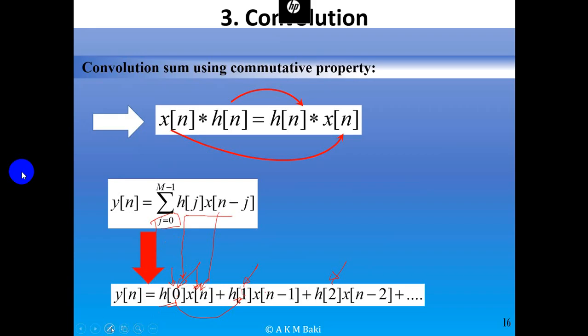Now, if you are given some values, you can plot it. For example, you are given h of 0, h of 1, h of 2, either in terms of numerical values or plotting. And if you are given x of n minus 1, x of n minus 2, then in simple cases you can calculate the output, but complex system এর জন্য তোমাকে অবশ্যই প্রোগ্রামিং বা সফটওয়্যারে হেল্প নিতে হবে, লাইক ম্যাটল্যাব। সিম্পল চারটা পাঁচটা ক্ষেত্রে হয়তো ম্যানুয়ালি অর ভিজুয়াল অবজারভেশন থেকে একটা প্লটিং করা পসিবল।